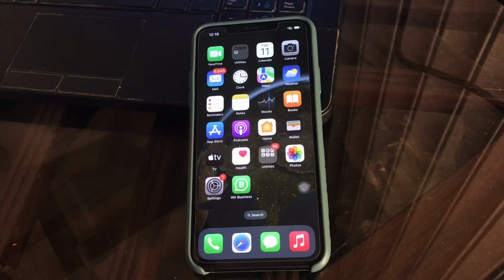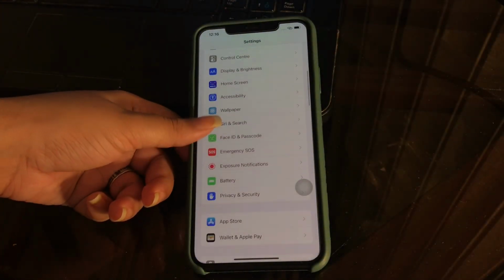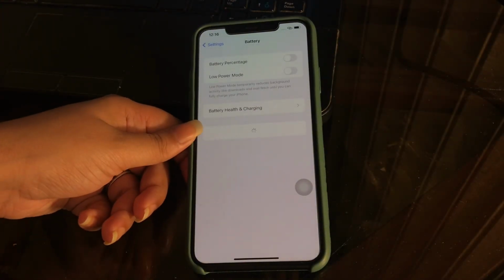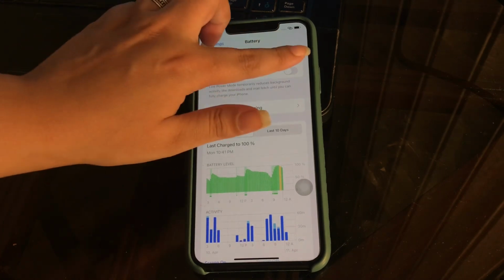And the next tip is see battery percentage on the home screen. In iOS 15 and older, there was no option to see the battery percentage on the home screen, but they have added this feature in the iOS 16 upgrade, where you can enable the setting called battery percentage. For this, go to settings, scroll down and then tap on battery and then tap on battery percentage to turn it on, and you are done.